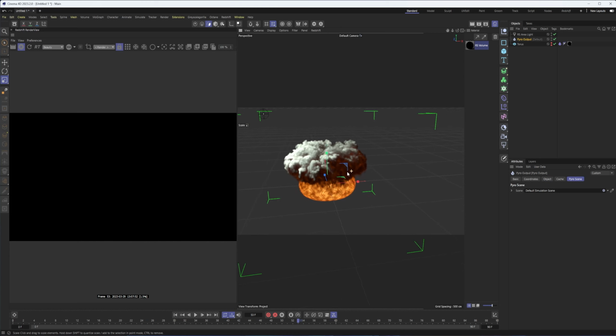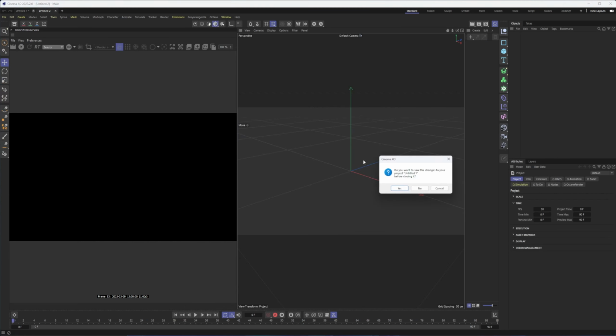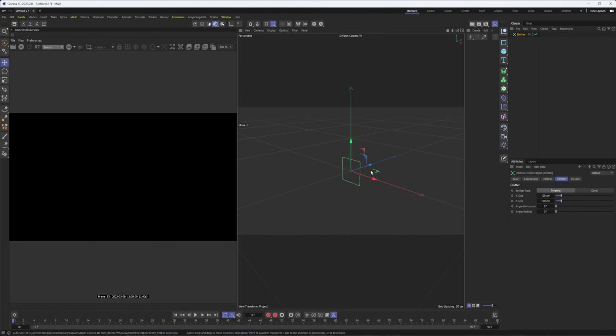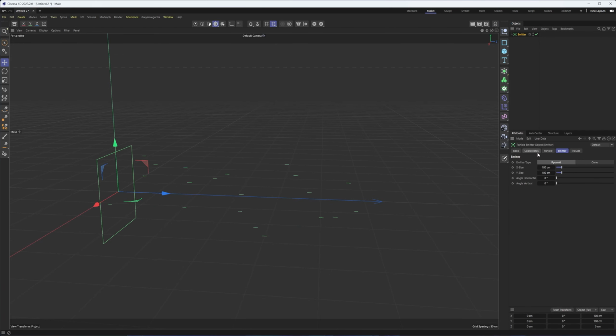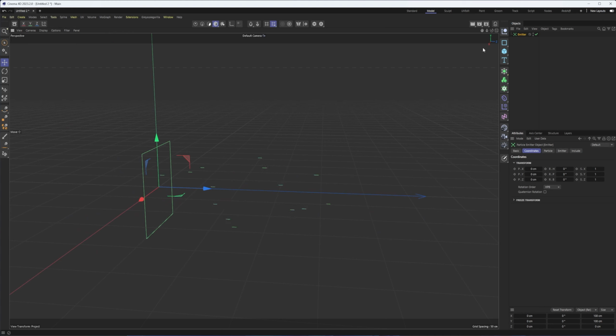Okay, another thing they mentioned, but I haven't been able to confirm or figure out. This is one of the things I did double check. They did mention you could use noise in emitters, and from what I was able to see, I'm not seeing that anywhere. Now, I actually haven't done a video on emitters, working with Cinema 4D's standard particle system. But yeah, that's interesting that I'm not seeing it in here at the moment. So, once again, something I'm going to have to dive a little bit deeper into, along with the Voronoi fracture, to see a little bit more about that.